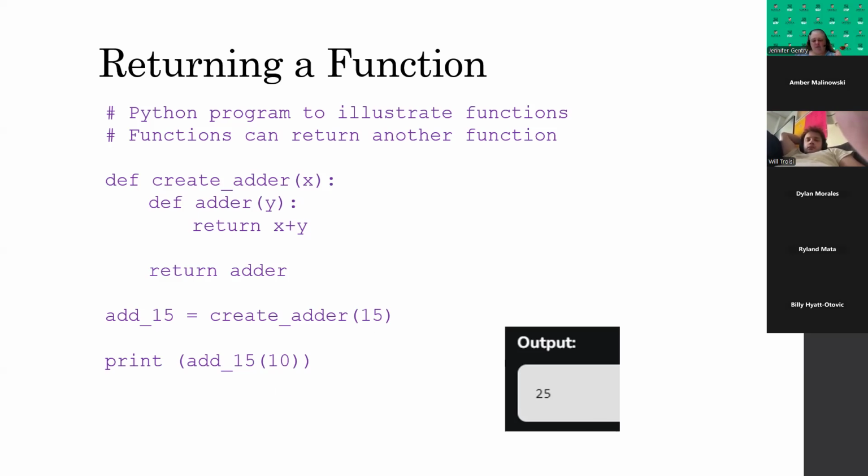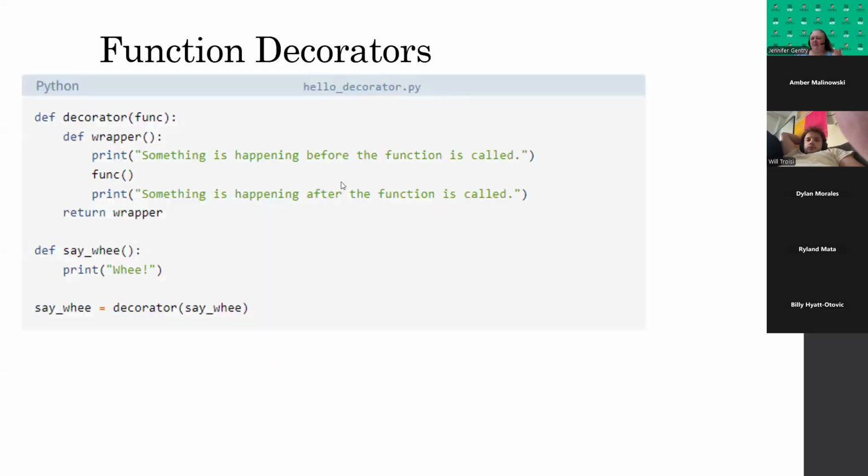So it's kind of some things we can do with it. The last one is something called a function decorator. Here I've got code and I've defined a decorator function. I've defined within it something I call a wrapper. It's going to print "something is happening before the function is called." It's going to call the function, and then it's going to print "something is happening after the function," and then